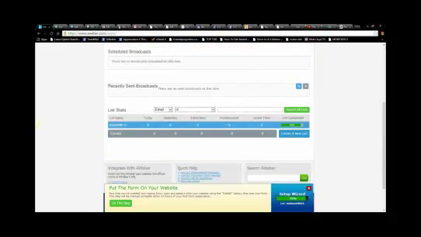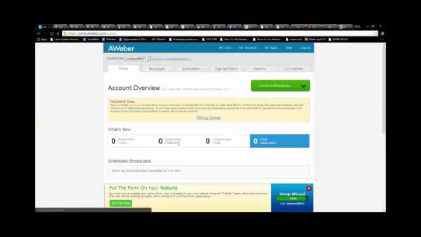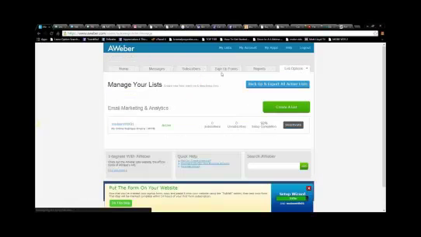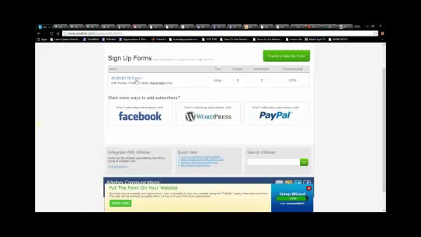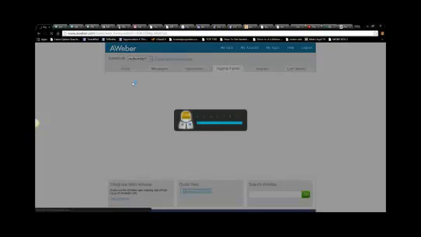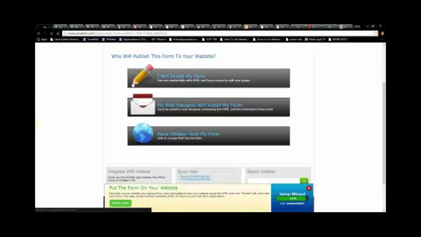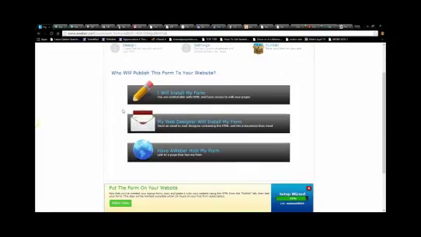So if you have multiple lists, go to the list you're working on. Make sure on the top left that's the list. Now go to the sign-up forms. And you've just got that one form. If you've got multiple forms, choose the form you're working on. Click on Publish. Publish is actually step 3. It's the same thing as step 3, you'll notice. Click on I will install my form